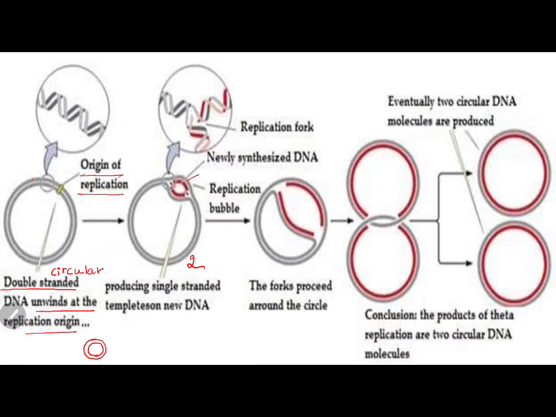Now when these two strands separate, as you can see, the new strand is being synthesized for each strand. So one strand will go in one direction, the other strand will go in the other direction, so that within the same time, both the strands are copied simultaneously. You can see here, because at this point it looks like the letter theta, it is called the theta model. And you can see how they are separating.